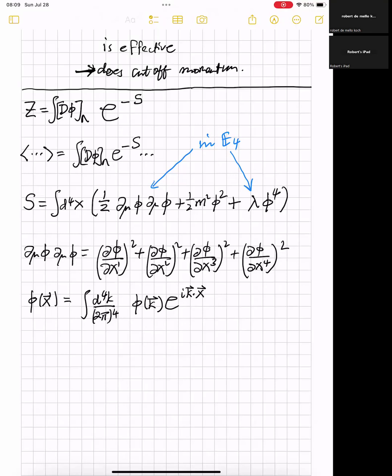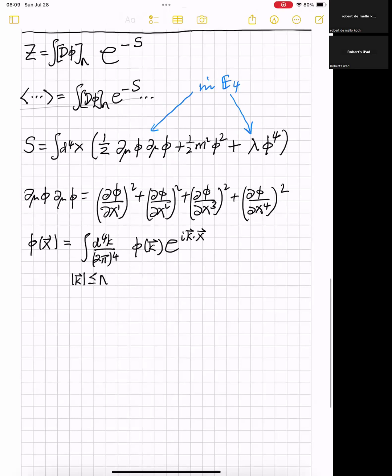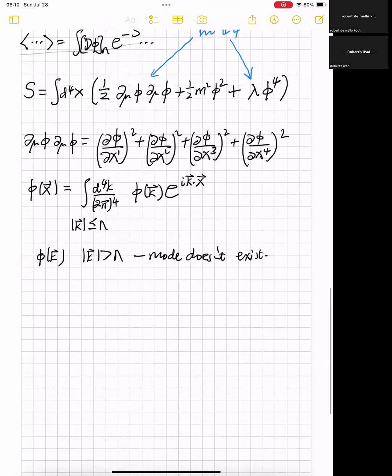Now, this mode expansion looks just like Minkowski. Now I'm going to add in the new feature. In fact, this integral is limited by the mod of k must be less than or equal to Λ. And this limiting is quite important. It means that if you take φ(k) with the mod of k greater than Λ, that mode of the field doesn't exist. So this cutoff that we're keeping here is really telling us that we only have modes